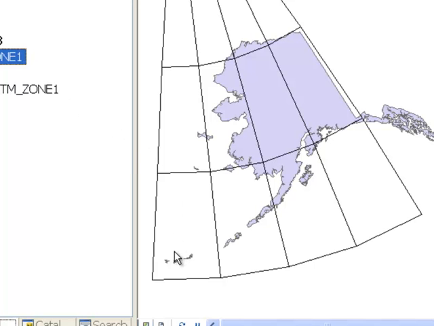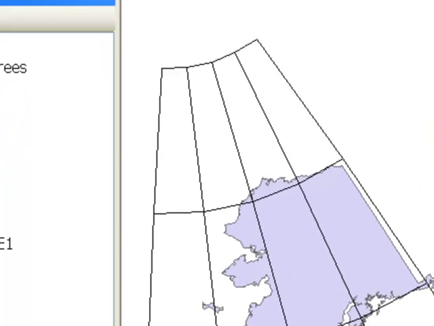So north-south would be from 180 degrees, go 3 degrees to the east. That's the central meridian, so that's where north-south will be straight up and down. And then once again, we can use the go to XY tool,